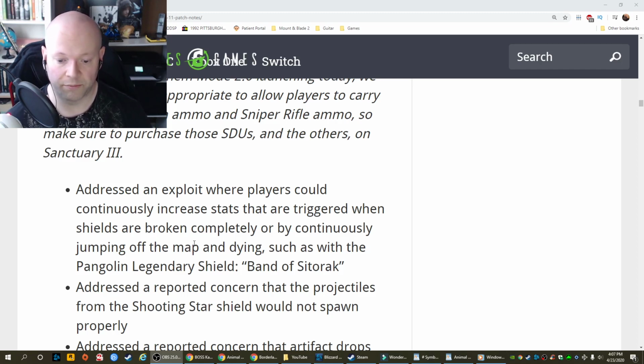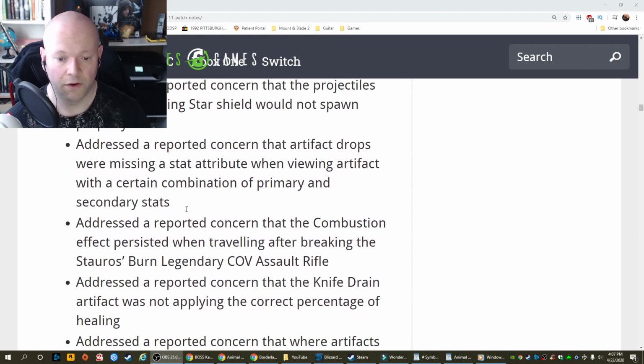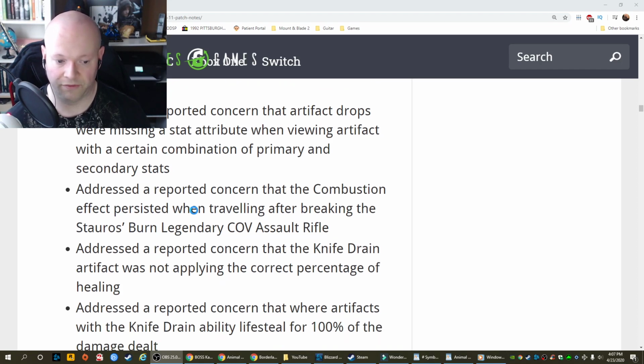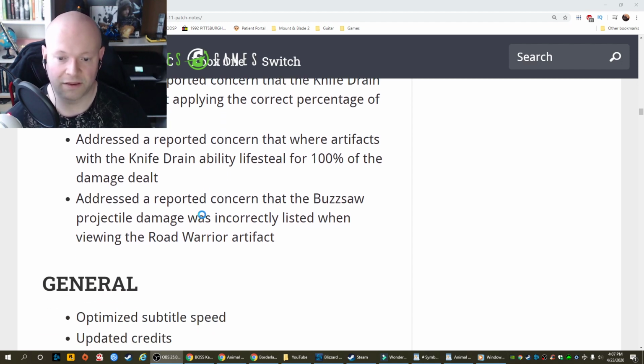Addressed a reported concern that the projectiles from the shooting star shield would not spawn properly, or that artifact drops were missing a stat attribute when viewing an artifact with a certain combination of primary and secondary stats, or a concern that the combustion effect persisted when traveling after breaking the Storos Burn legendary Kov assault rifle, or that the knife drain artifact was not applying the correct percentage of healing, or that there were artifacts with the knife drain ability lifesteal for 100% of the damage dealt, or a concern that the buzzsaw projectile damage was incorrectly listed when viewing